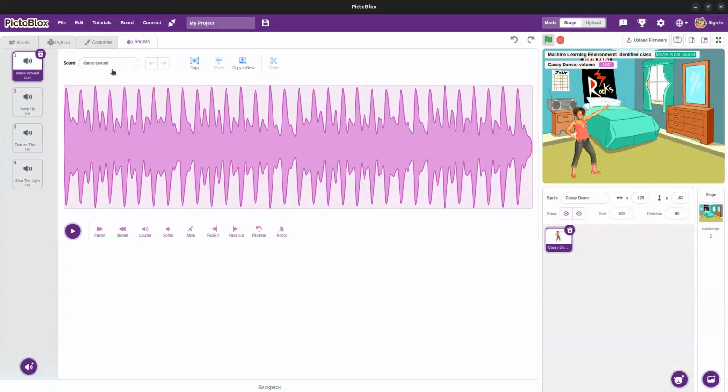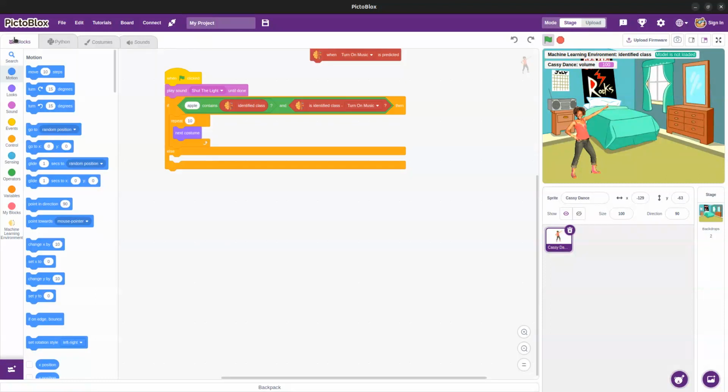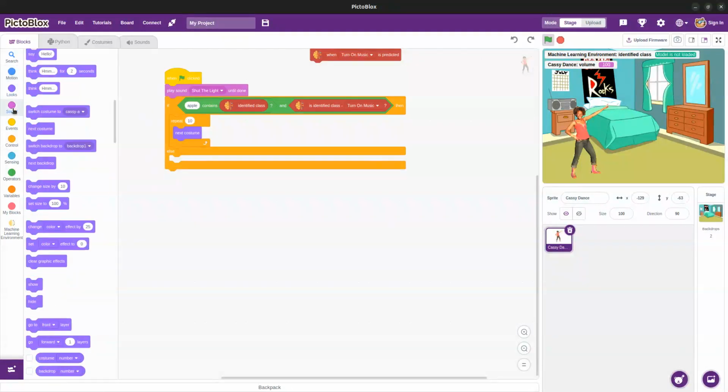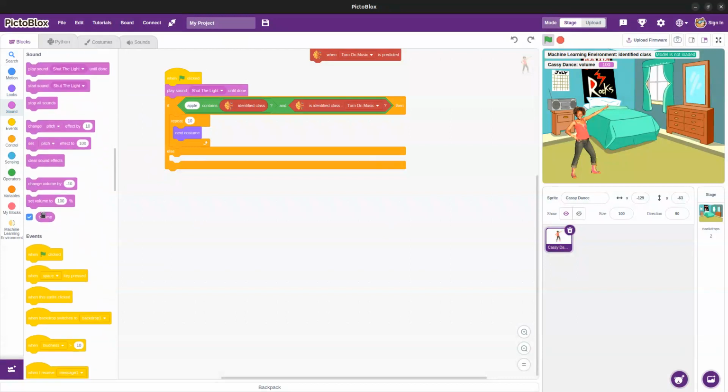So we have jumped on this. So let's see how we can get this sound into our code, and then from there that should actually help us. So let me take sound. Then let me pick the volume and see what happens. Okay, so let me do this. Short the light. Okay, so nothing will actually happen because of that. Let me try turn on the music,